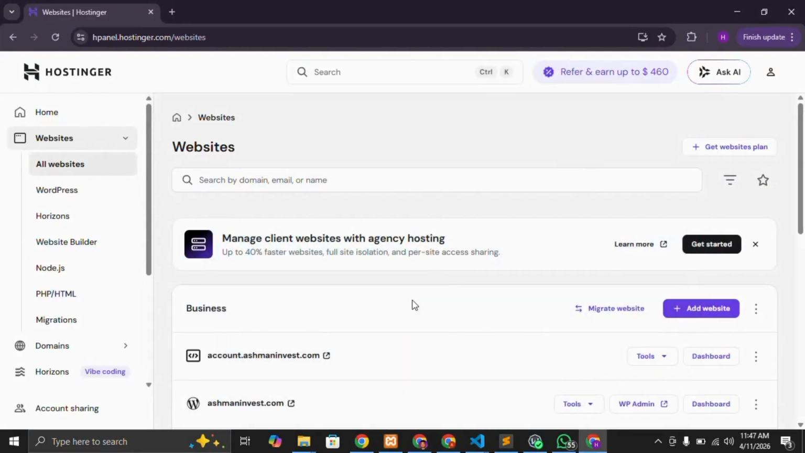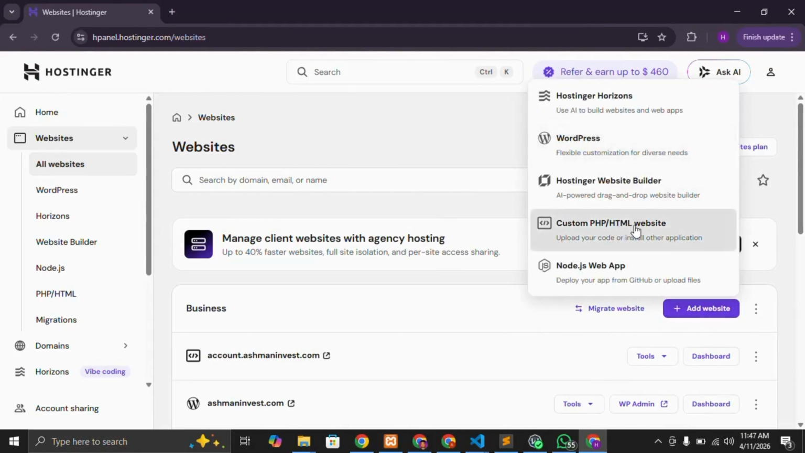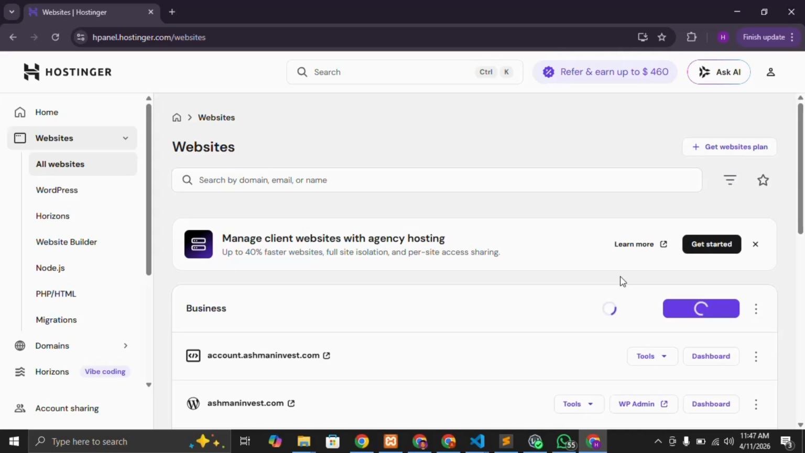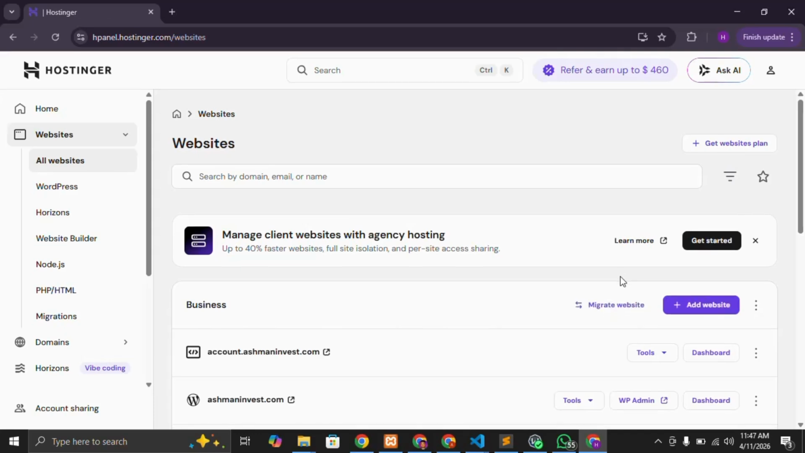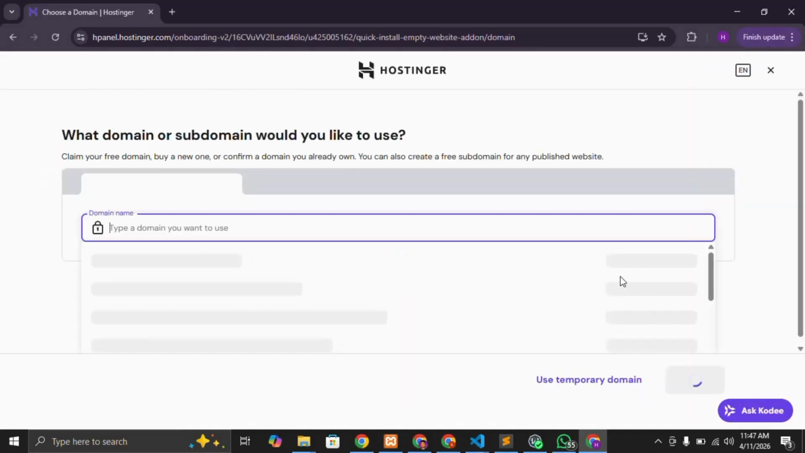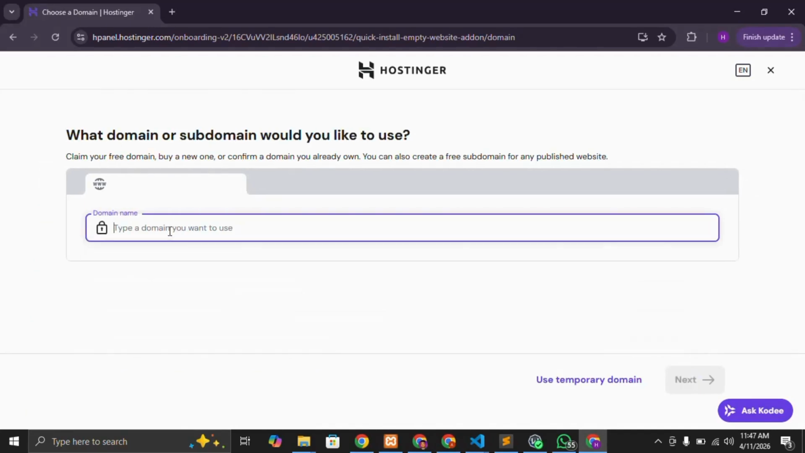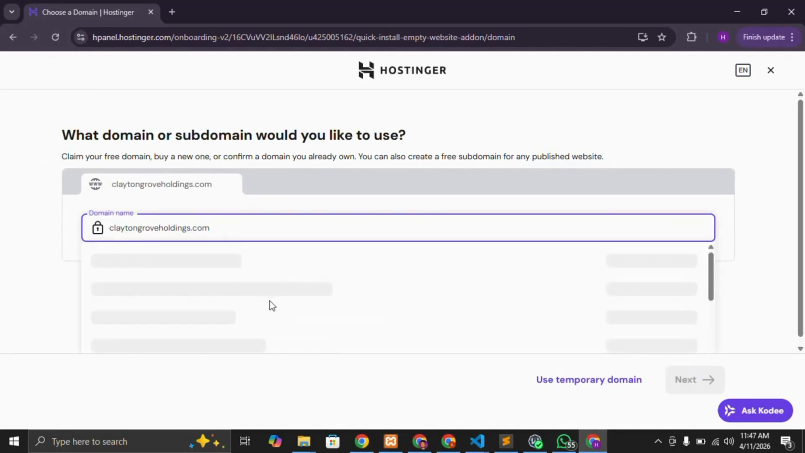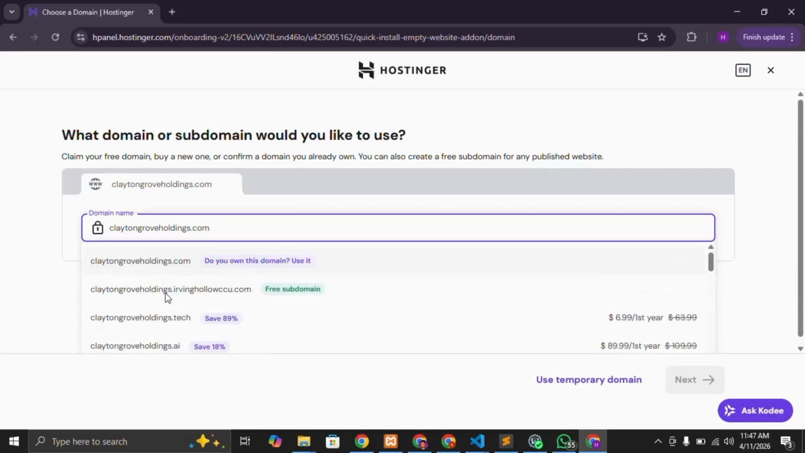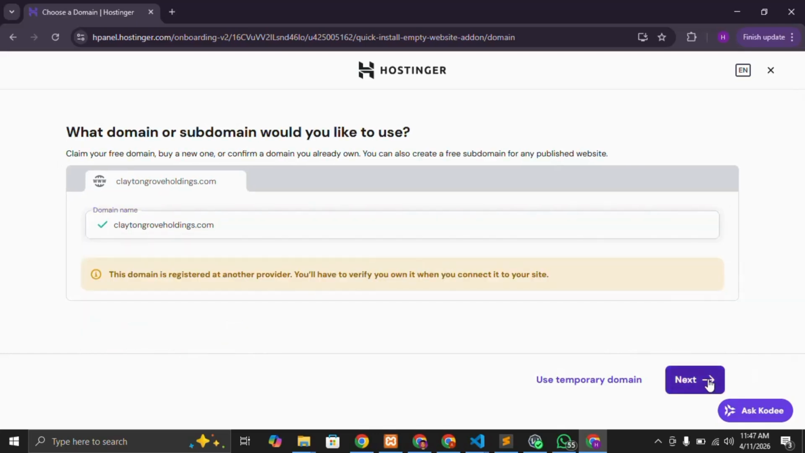and we come here to our Hostinger. So then we click on add website. Then we click on custom PHP website. I think anyone that's using Hostinger should know this already, so I'm not going to explain much on it. So you search for the domain you want to add here. Hostinger will search the domain and let us know that it's already with another registrar. So you can say, do you own this domain? Yes, we own it. So we use it. We click on next